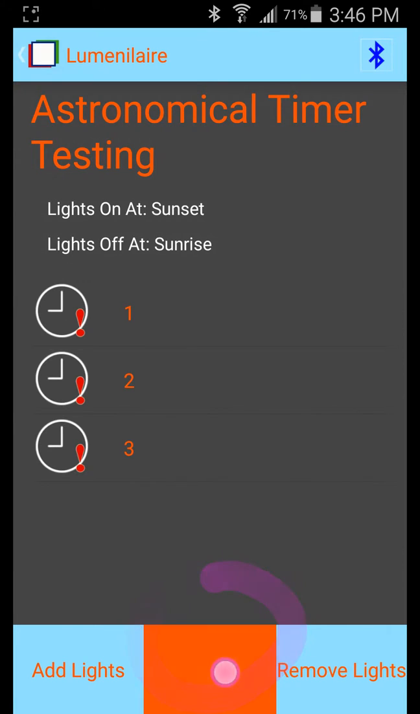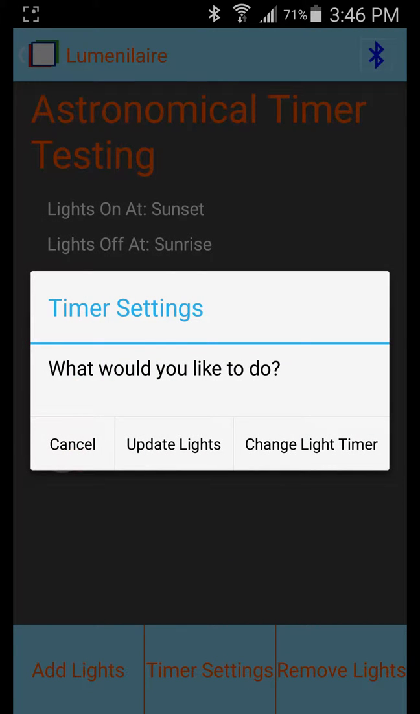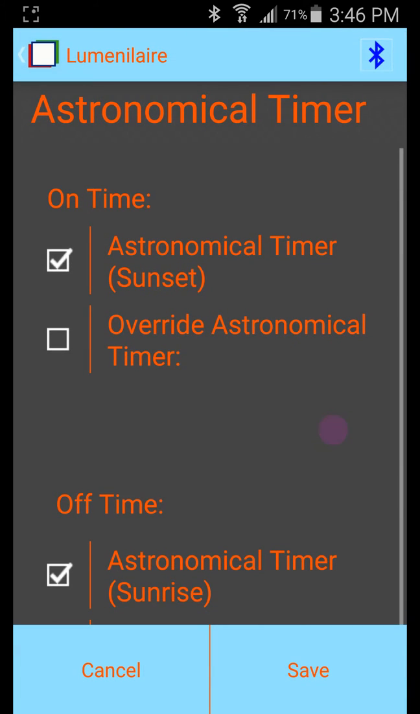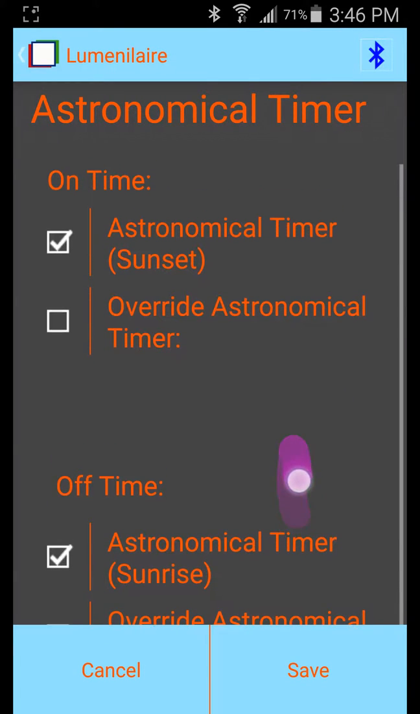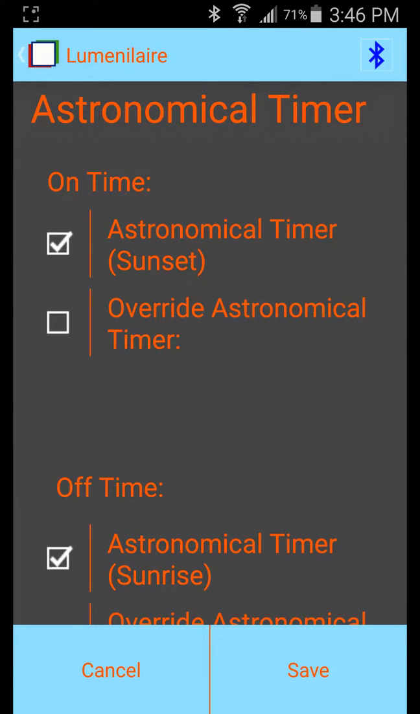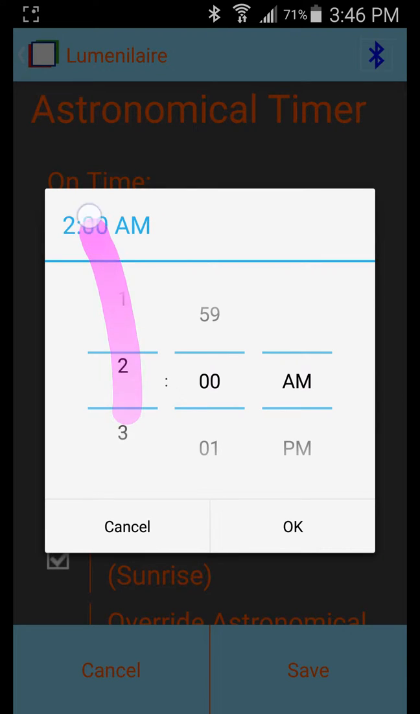When we go into the settings menu, we can see that we have 3 options to either cancel, update lights, or change light timer. I'll select change light timer. And here we can see that the on time is set to sunset, or we can override the timer and set it to a specific time. In this case, I will set it to